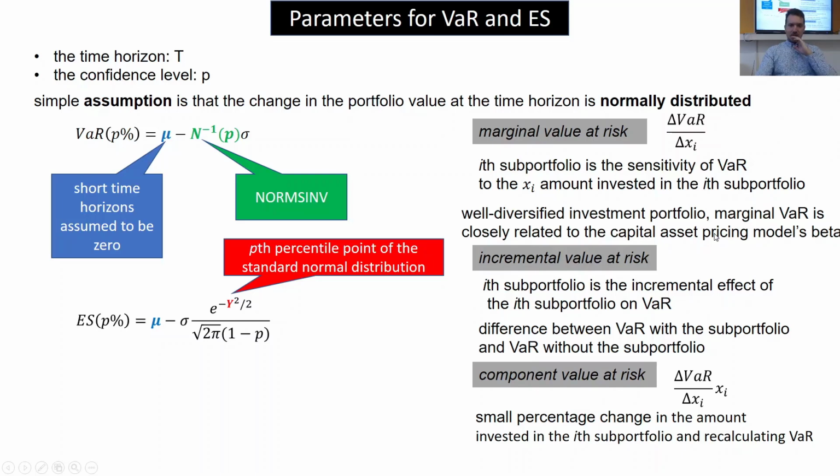It says that this change in the VaR model, if we are increasing the portfolio in one sub-portfolio, so practically we are buying more of one asset, it will relate to CAPM beta, and if you are thinking about it, maybe yes, because in the case of the VaR model,